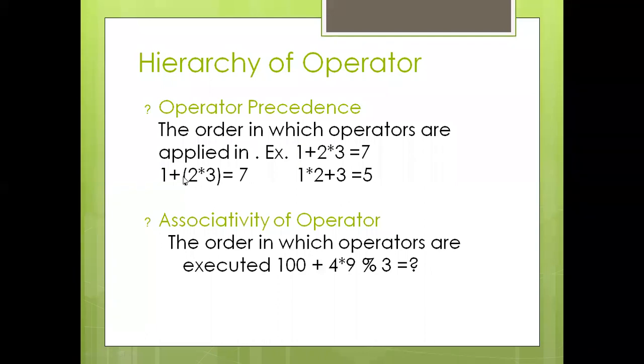Okay. Now see in this second example, 1 plus 2 multiplied by 3 in the bracket. Obviously we are going to solve the bracket first. So 2 multiplied by 3 will give you 6. So 6 plus 1 is 7. But in this third example, pay attention everyone. In the third example, 1 multiplied by 2 plus 3. Obviously we are going to solve the multiplication first. So 2 multiplied by 1 will be 2. Then plus 3 will be your 5.